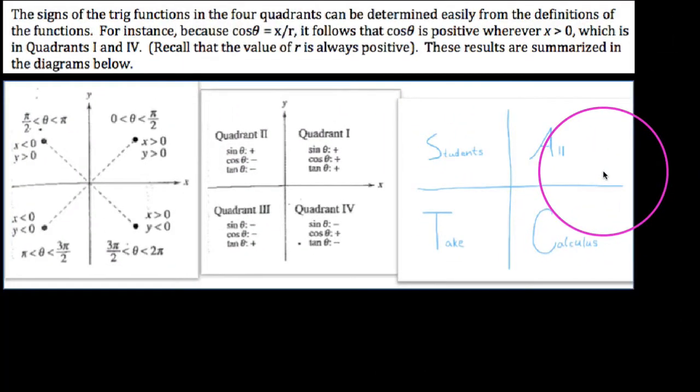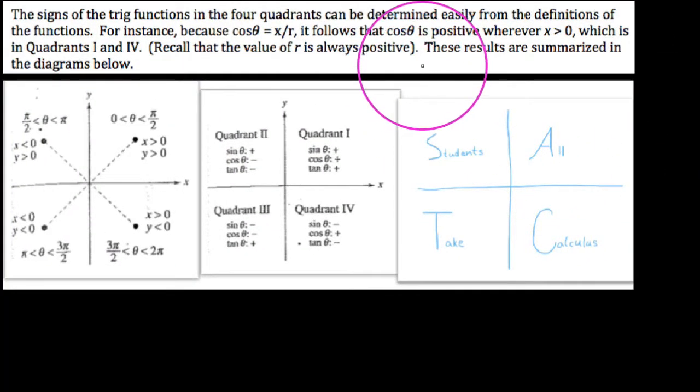In this video we're going to be discussing the sign of the values of the trig functions, given angles and where they terminate in the XY coordinate plane. What I can tell you is this: depending upon where your angle terminates, I can tell you exactly whether your sine, cosine, or tangent would be positive. And the reason why is because recall that when we talk about an angle in standard position, we could say